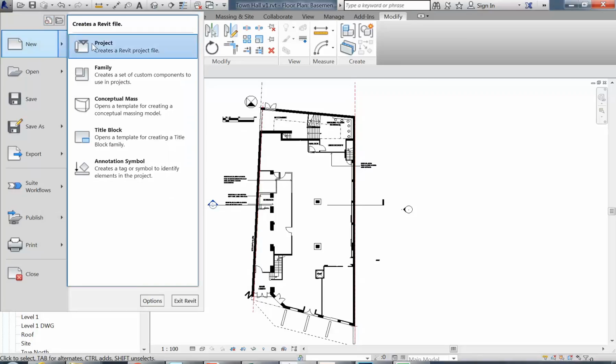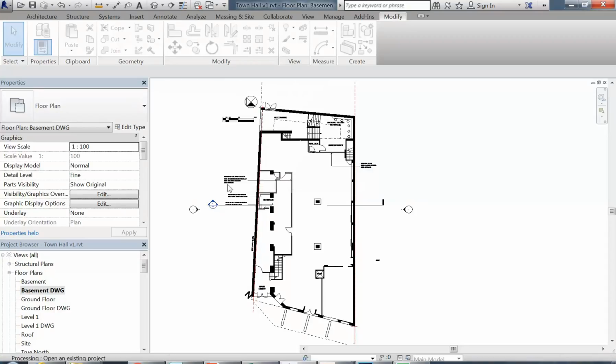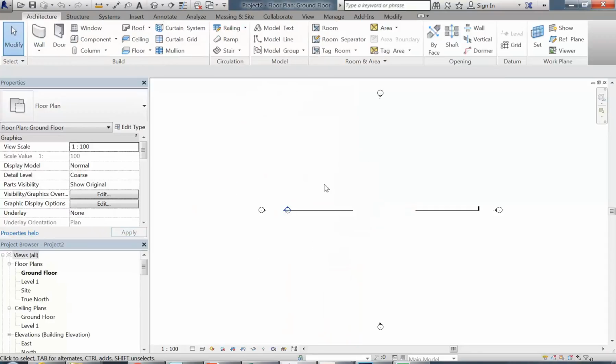Okay, so I want to start a new project with a PDF file that I've been given. So I'm going to start my new project in Revit, again using the architectural template, to get a new blank file. And then the